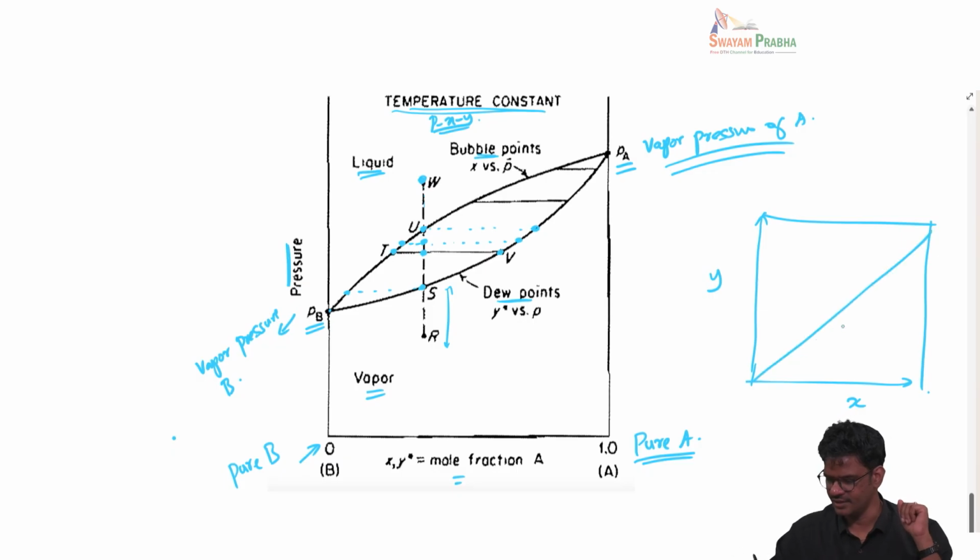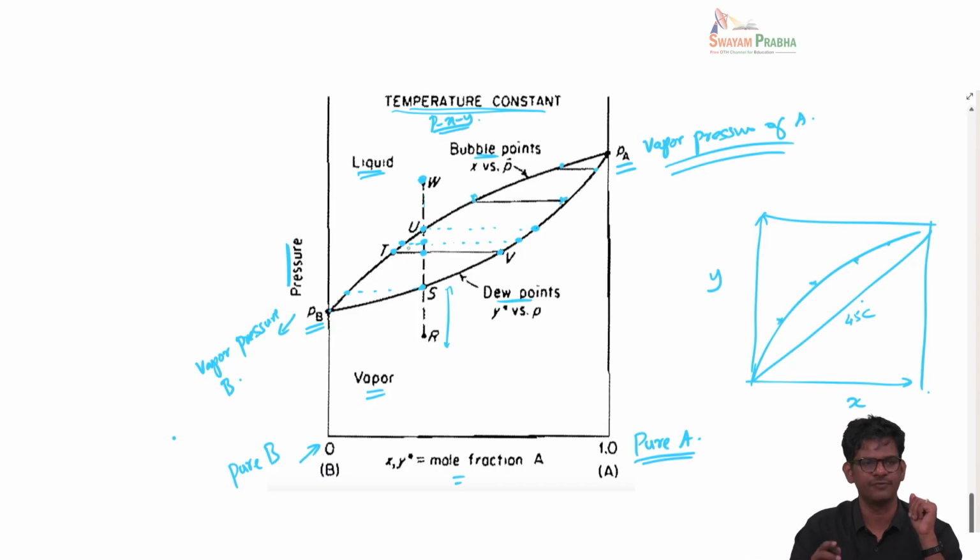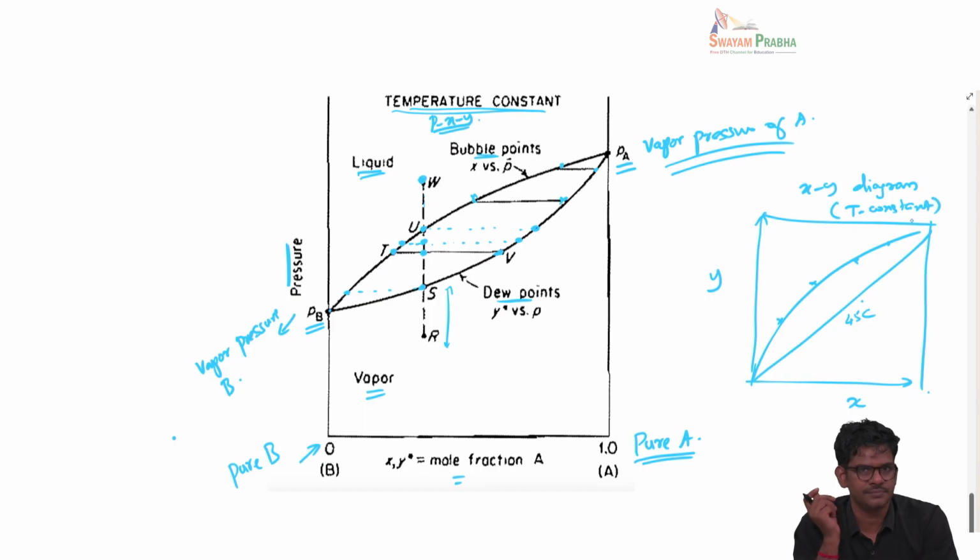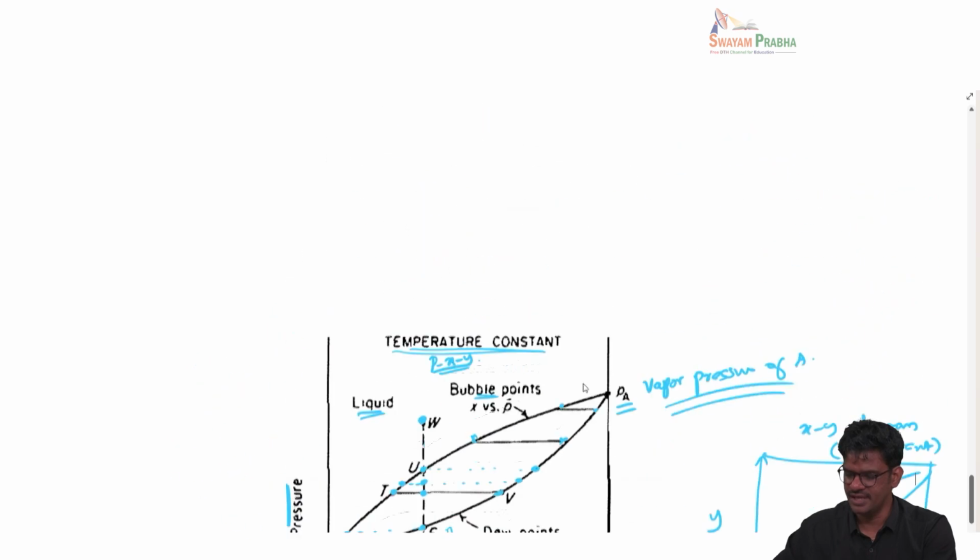So you have a 45-degree line here and then Y versus X, and this Y versus X plot can be taken from the tie lines here. Like I said before, the way we constructed XY diagram from the TXY diagram, the same way from PXY diagram also you can get the XY diagram. Okay, so you read out these points XY and then you map into this. Okay, so you'll have an XY diagram. It has to mention whether P is constant or T is constant. In this case, T is constant. Whereas in the previous case, here